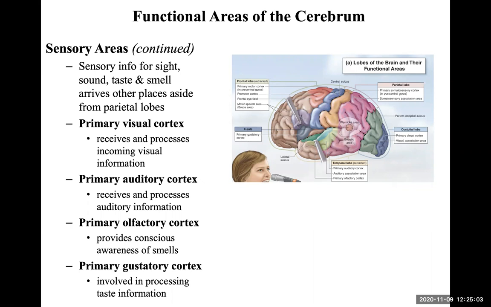Olfactory, same with olfactory. Olfactory is interesting. When we get to the thalamus, I'll say this again, but it's somewhat controversial. It used to be thought, and I suppose by most researchers it's still by and large accepted, that smells are the only sensation that are not run through a filter, and that filter is the thalamus. There's new information that suggests that it might not be that it's not run through a filter, it's just run through the thalamus in a different kind of way, for lack of a more articulate way to put that. More on that to come, but all the same,